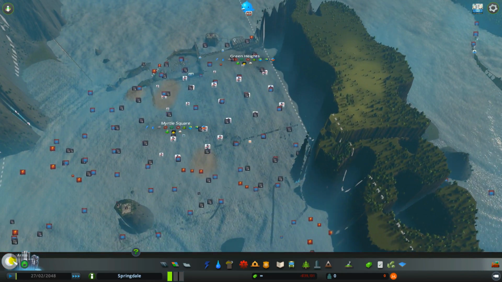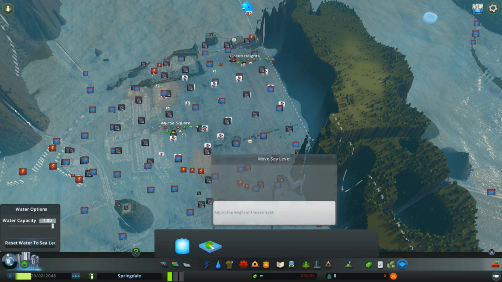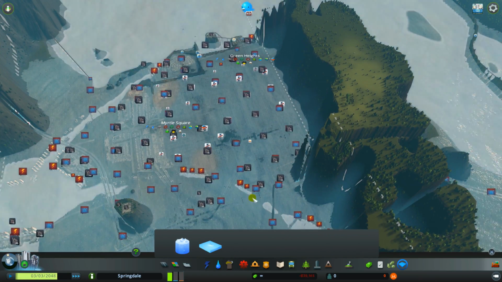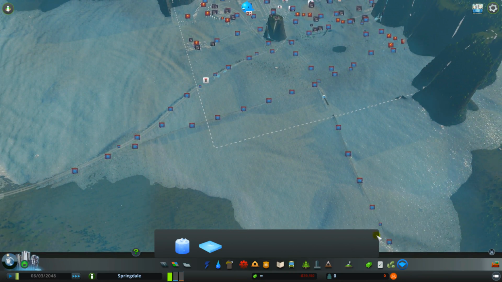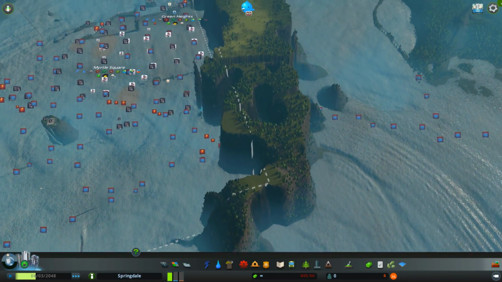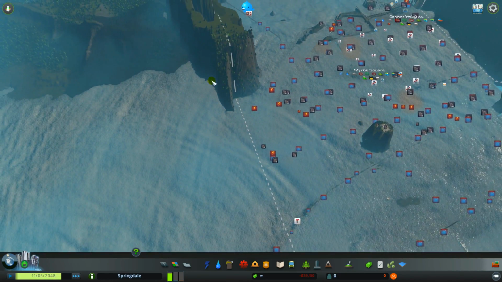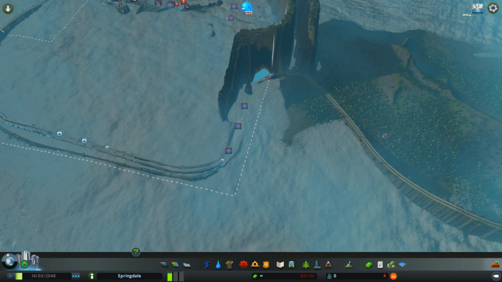Let's see. Okay. I don't know if it's possible to adjust the height of the sea. Can I? Yes, lower it down, lower it down. Okay, will that help? Maybe so. Yes, that will help. I think I'm not sure. If I look at the way the water flows,